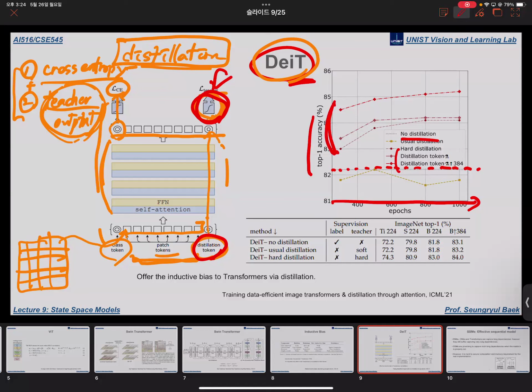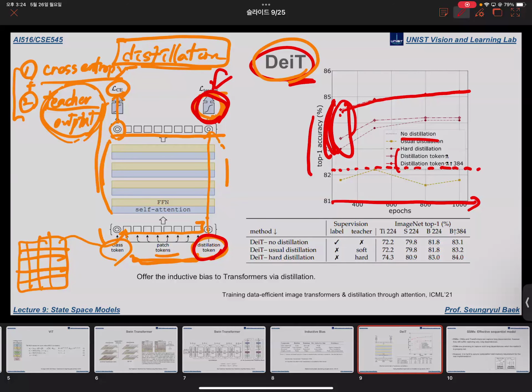These graphs are showing the accuracy when applied with distillation. Compared to no distillation, the performance is getting better even for a few examples. So that's the merit of distillation,